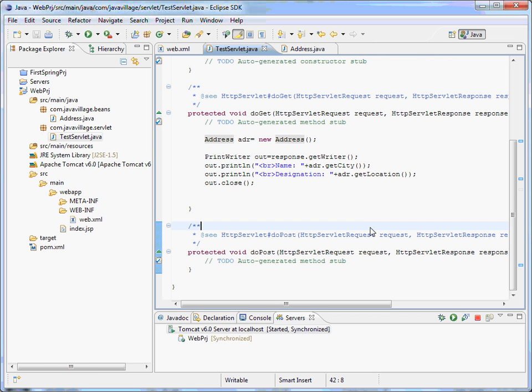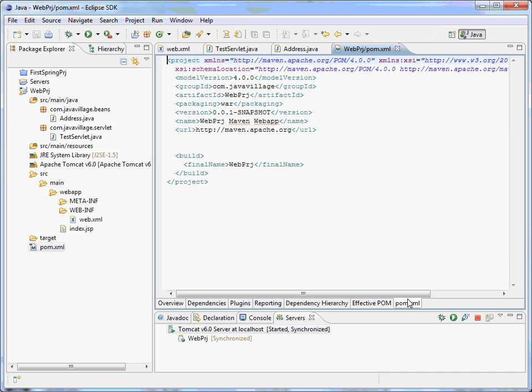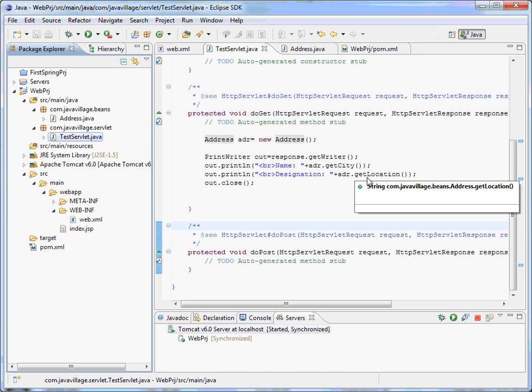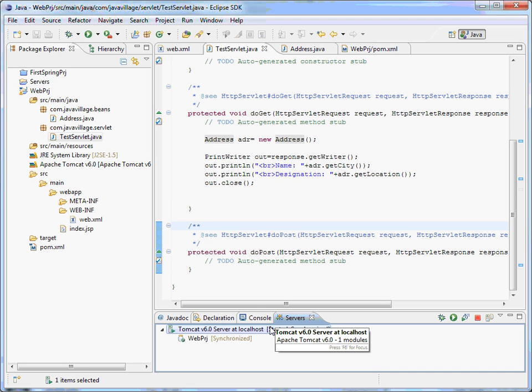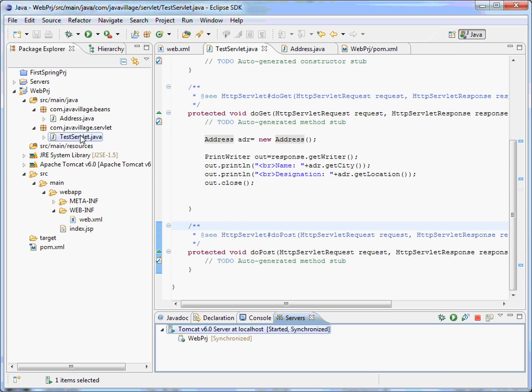And we forgot one more thing, right? We have written a servlet, so compilation is also important for us. So we'll see what jars are added in pom.xml. Oh, nothing is there in my pom.xml. So how come the servlet is showing without compilation errors? Because I added the Tomcat server, and the servlet-related jars are available in the Tomcat server, so that's why it is showing no compilation errors for my web project. So we got a solution, right? So we'll try to run the servlet.